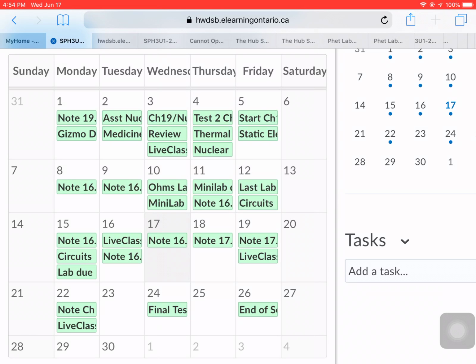As we work through this last little bit, I might go through a little bit faster than I would normally do, but I just want you to get a bit of a sense for the topics that we're going to be covering. Looking at the calendar, we're going to be doing 17.1 and 2 today, 17.3 and 4 tomorrow, and then I'm going to talk roughly on the 22nd about chapter 18